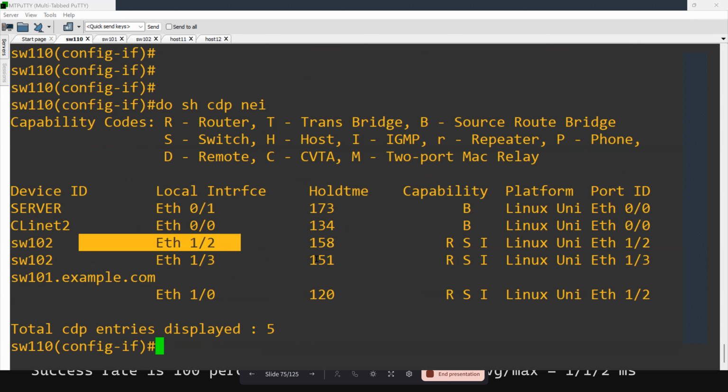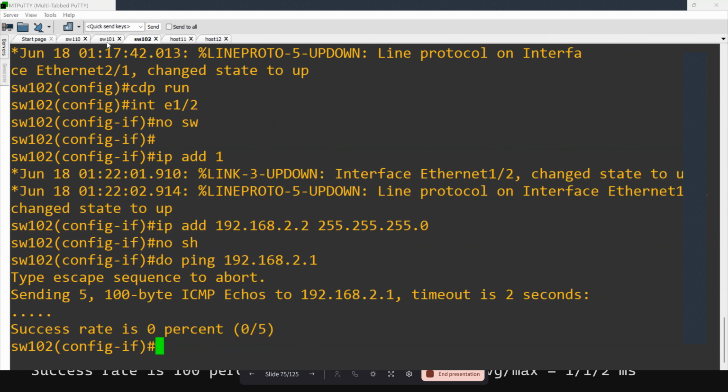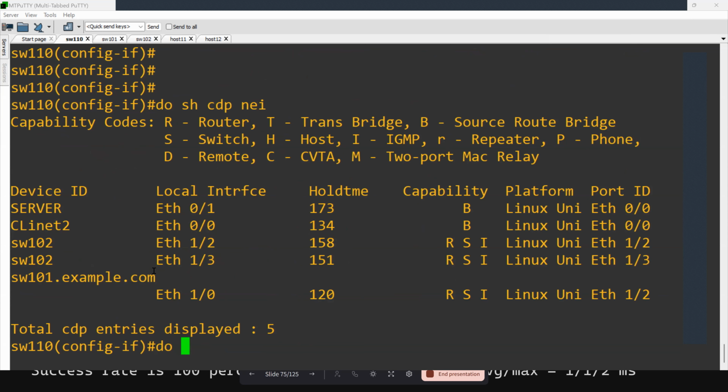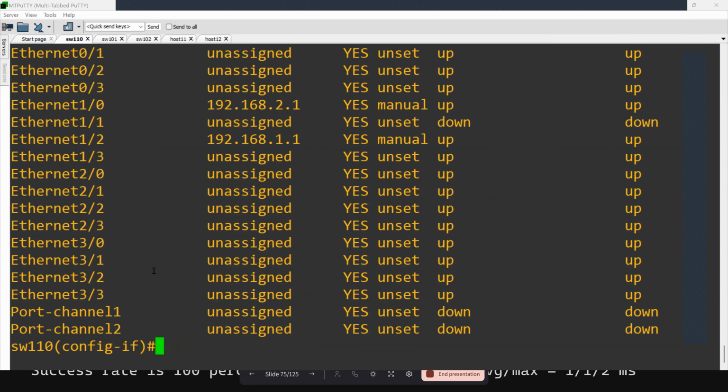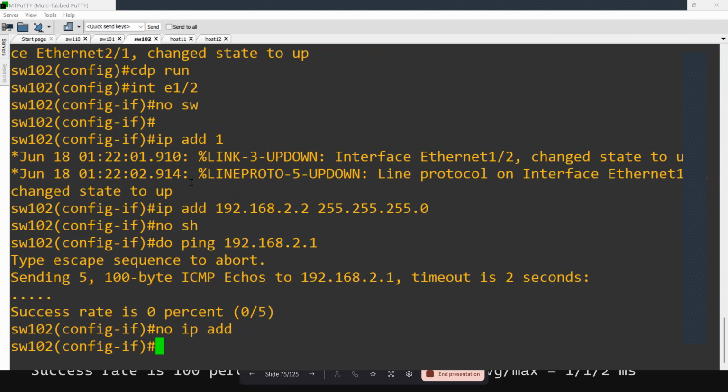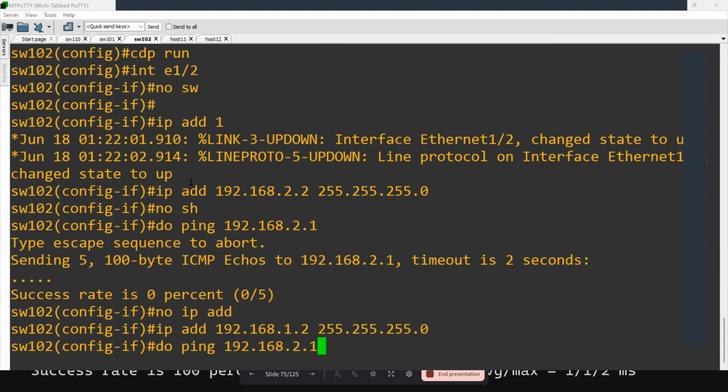So 1.2 on 102, and what IP have we configured on 1/2? Let's see, brief. Oh, 1.1. So that means it should be configured here like this. And now if you ping,